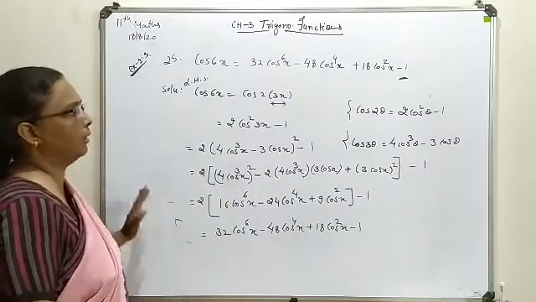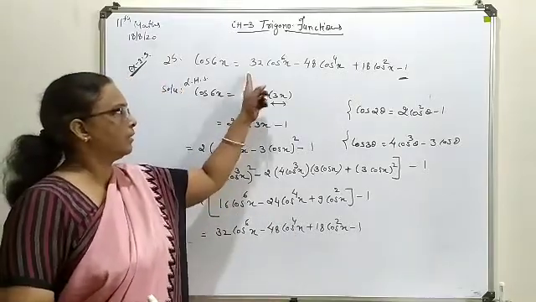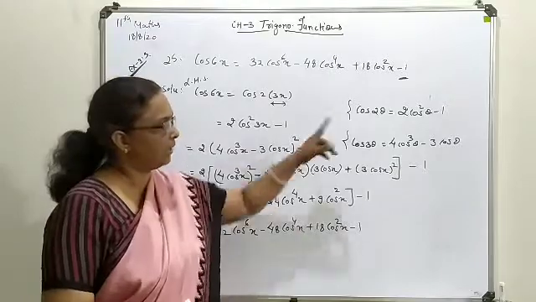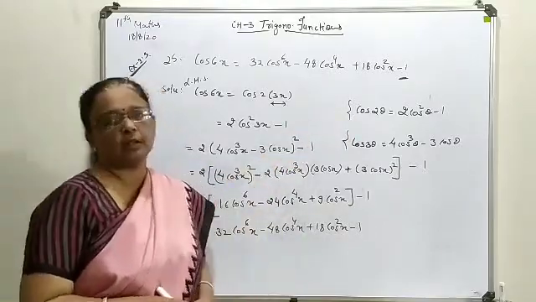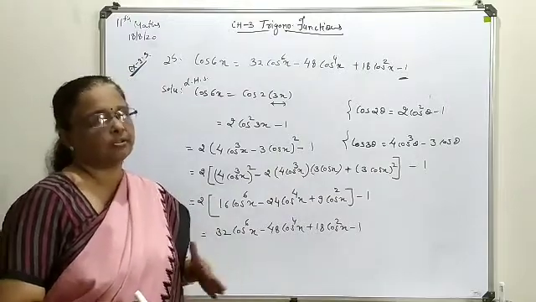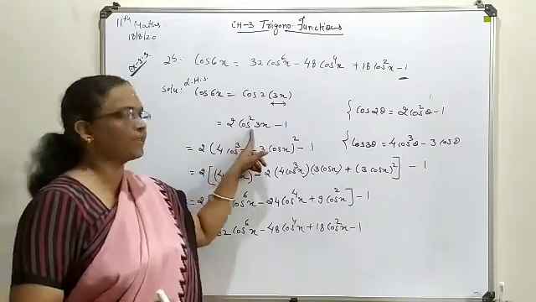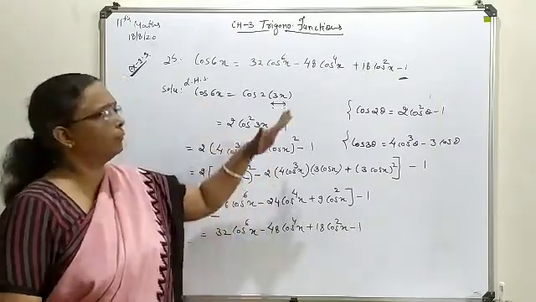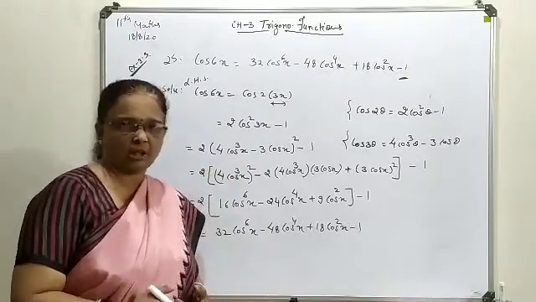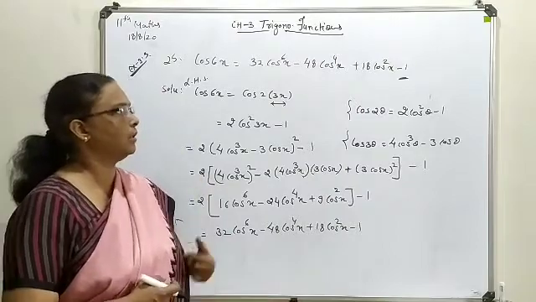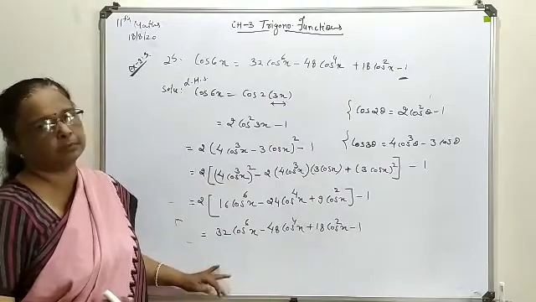Suppose in the same question you are having the whole answer in the form of sine, and 1 is present at the first position. At that time, in place of this cos formula, in reference to your cos 2 theta, use your sine formula, that is 1 minus 2 sine square x, and that time you will write the formula of sine 3 theta over there. So your full answer will convert into the form of sine. That way your question may be changed, so don't be confused about what form is available. Proceed towards that form to evaluate.